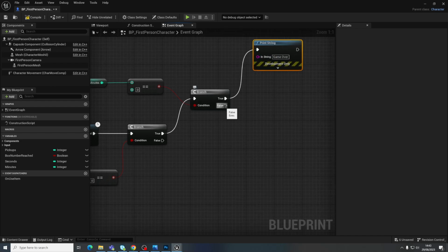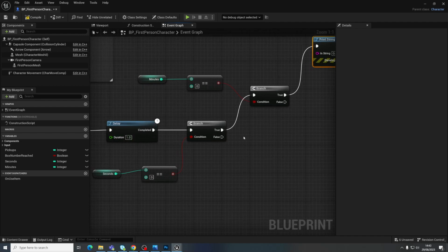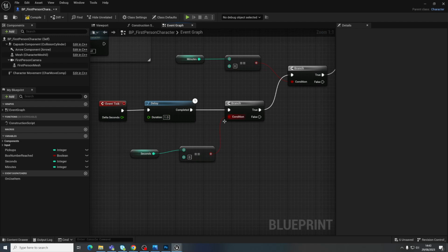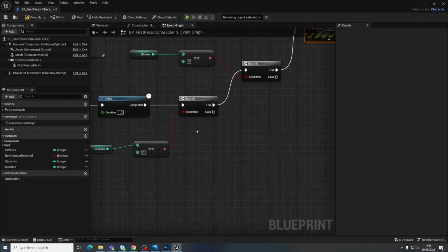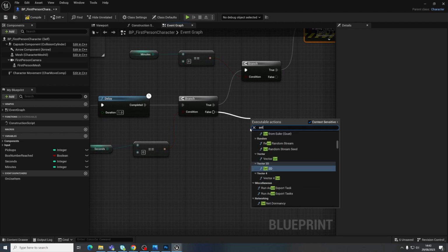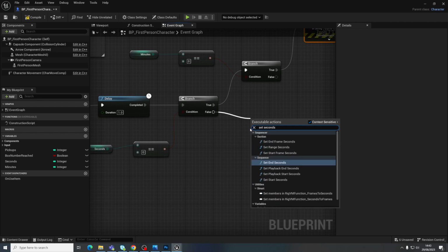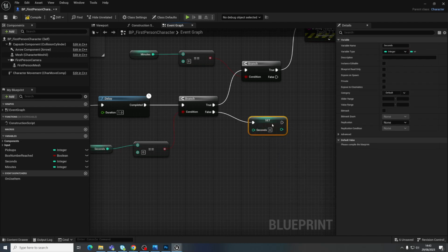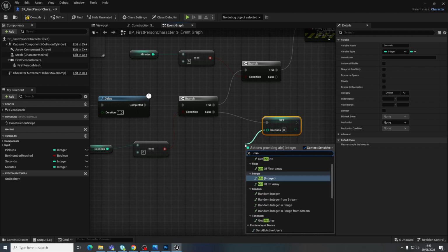If it's false, so with both of these, if either of them are false, that means there are seconds left, in which case it needs to be counting down. Okay, so we'll start with the seconds. That's this condition here. If seconds aren't equal to 0, so if that's false, now we want to go set seconds. There it is down there. Set seconds to